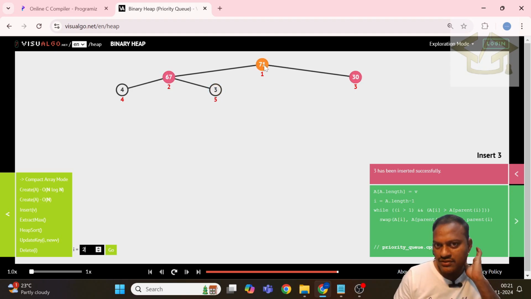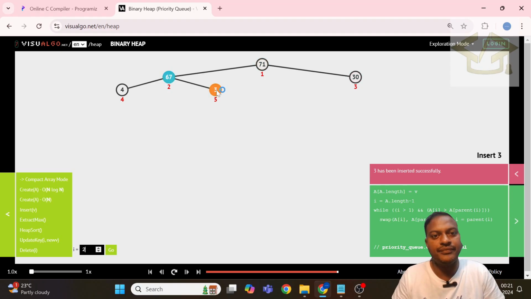So in the root we have 72, so that will go away. So 3 will be kept here, and reduce the heap size. So heap size will be now only 4 values, 1 to 4, because this is lost. In a way we kept it here. So because we kept the value here and we don't know the exact place of this 3, so we have to